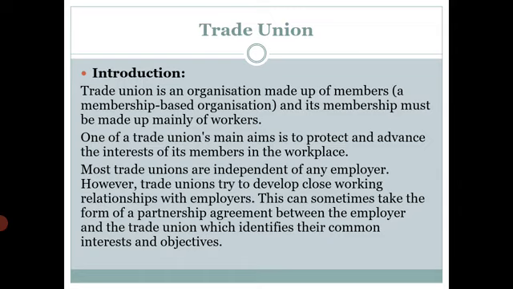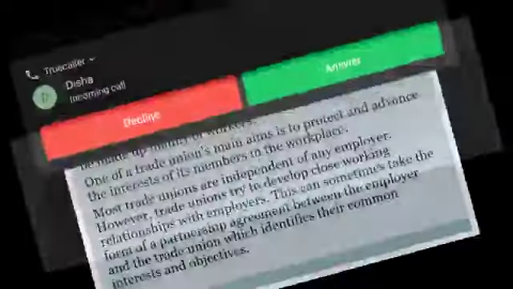Yes, the trade union aims to protect and advance the interest of its members in the workplace. Means whenever your members, that is your employees, are working in the organization, you are required to provide them with the facilities, you are required to provide them with the amenities. Okay, in addition to this,